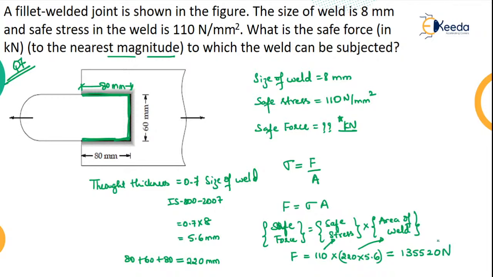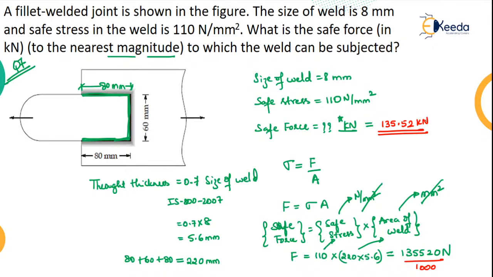135,520. This is in Newton. Why Newton? This is in Newton per mm square and this area is in mm square and this will cancel. So you're getting your answer in Newton. But you want your safe force to be written in what unit? You want it in kilo Newton. So basically divide this by how much? 1000. You will get it in kilo Newton. So if you divide it by 1000,